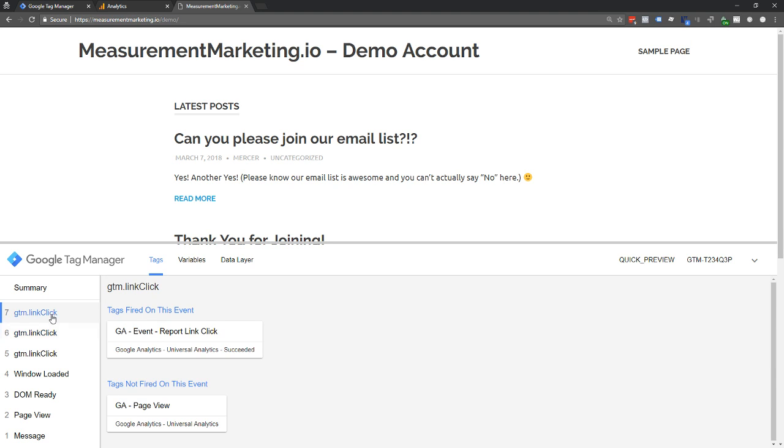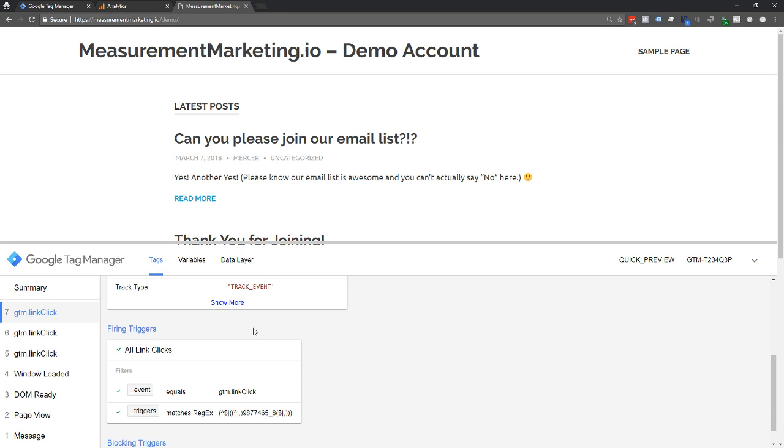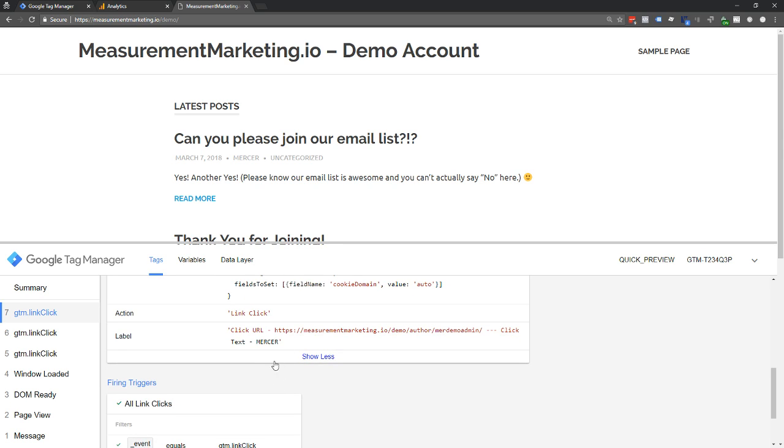And remember number 7, it was Mercer. So we're going to click on there. Lo and behold, guess what it says? Hey, text was Mercer. Right? And it still has the other information in there. So it's still telling me the click that they went to and the text they clicked on. So now I've got even more information.